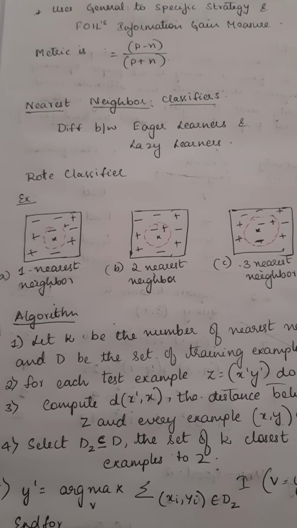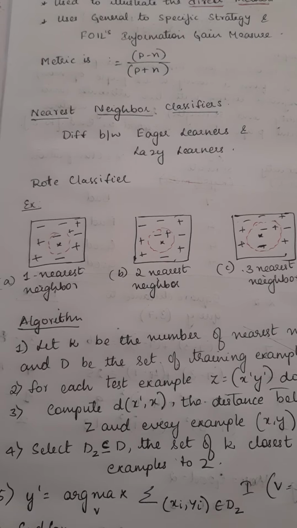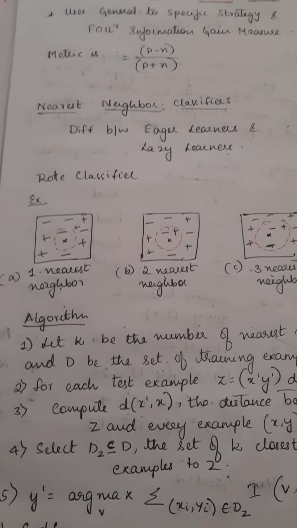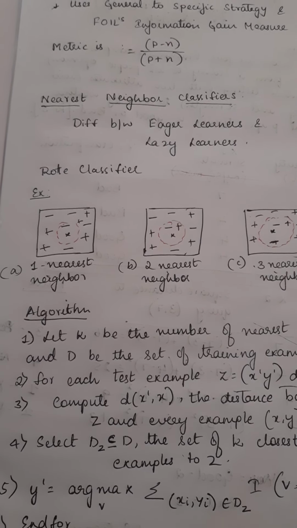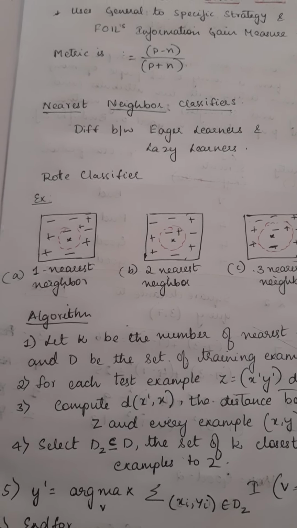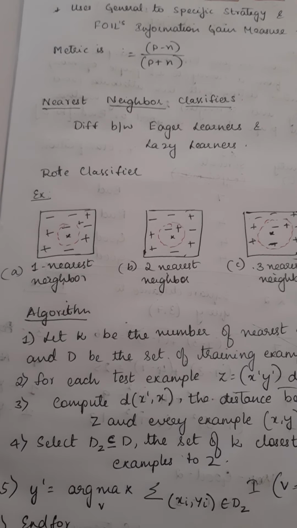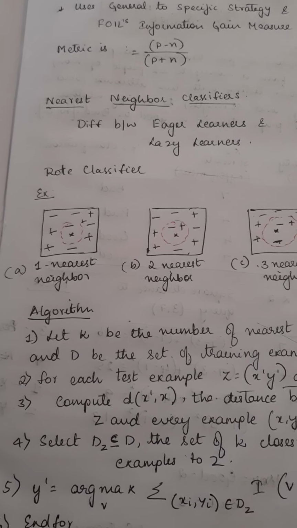Now on the other hand, we have lazy learners, where they delay the process of modeling until there is a need to classify the test examples. Means if I send a data for classification, then it will check the existing data and then it will classify. So it doesn't learn well in advance. It does it only when there is a need to classify. An example of a lazy learner is a rote learner.